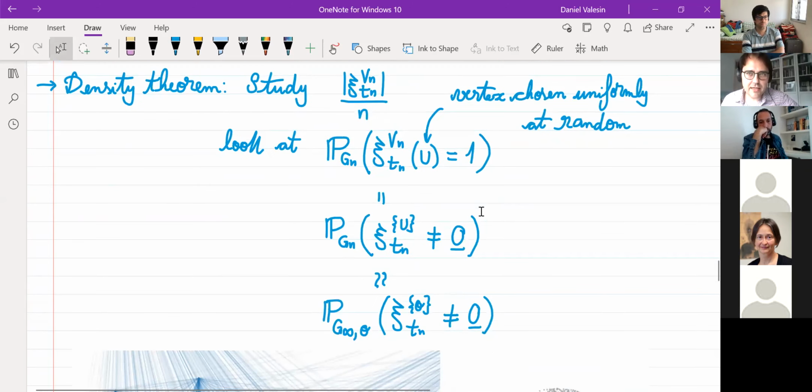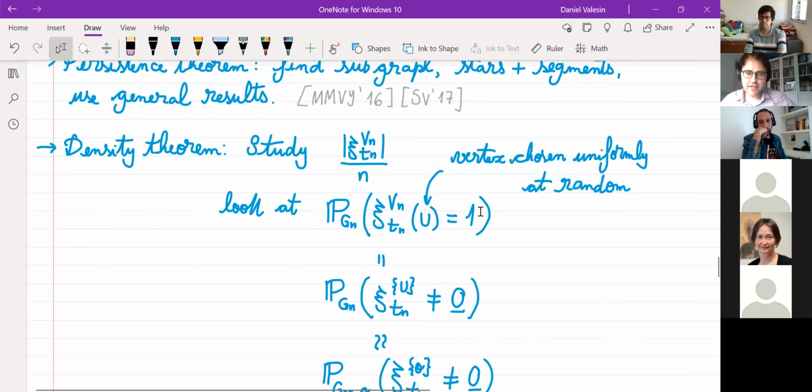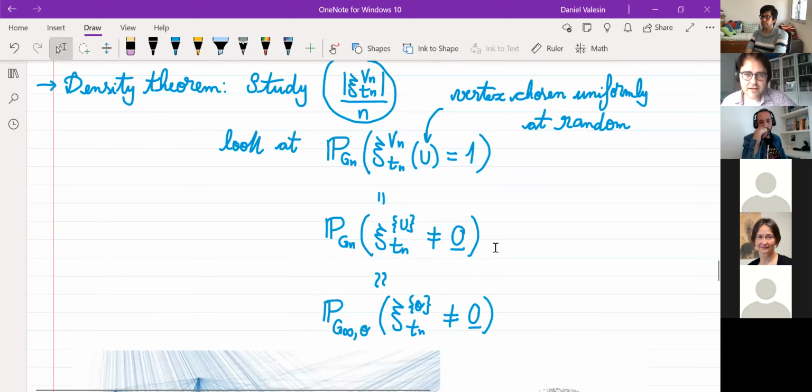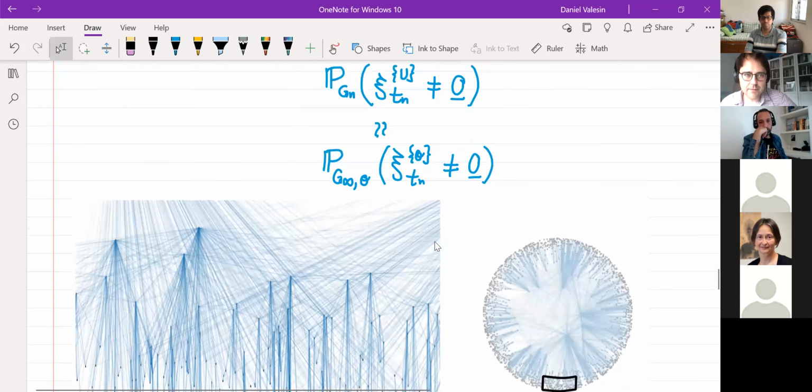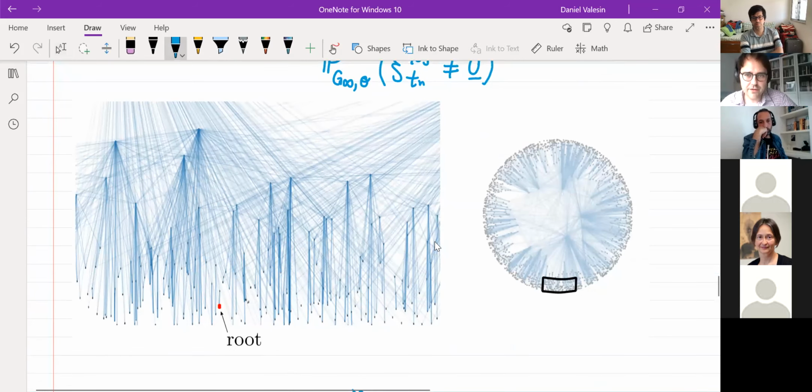Let me just mention that we reduce the problem of studying this density to the problem of studying the survival probability of the contact process on an infinite graph. So there is a local limit. This is the local graph limit. You see, this is the little window in the random graph, and this is like a local limit, which is in the upper half plane. And then you just study the survival probability of the contact process started from a certain vertex in this limiting